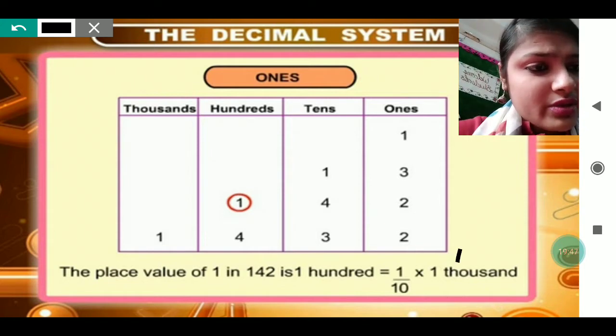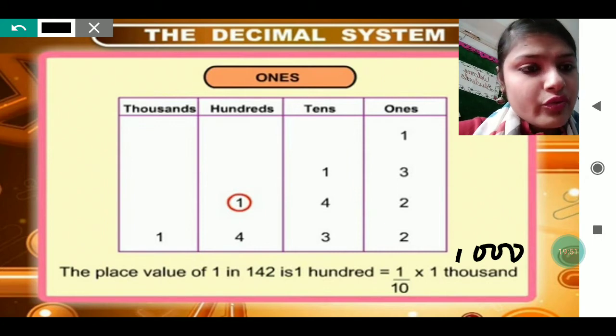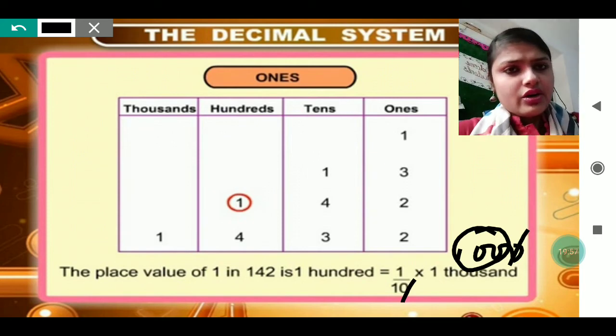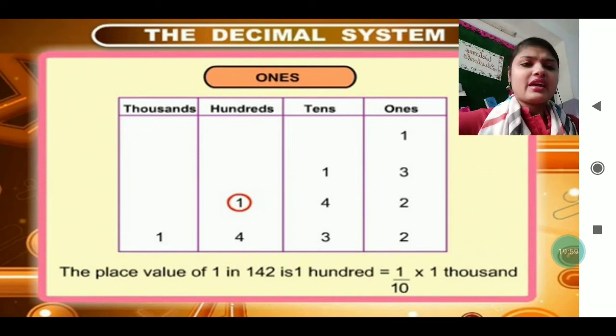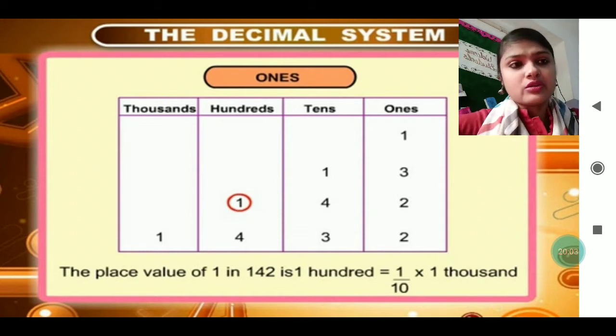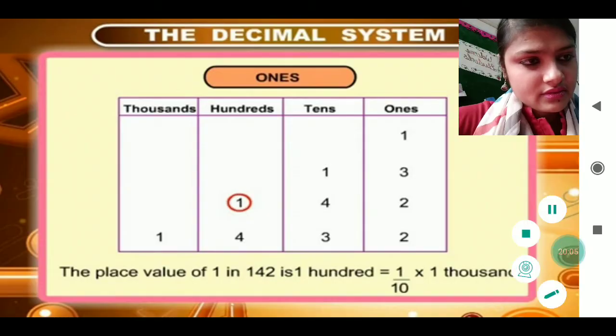Nothing to do. 1000 means 1 and three zeros, and we have 1 by 10. So 10 is there, from 10 and 10 you will cut. How much will you get? 100 you have got now. That is that only. Okay. But that time we were moving from the ones place to the thousands place, and this time we are moving from the thousands place to the ones place.